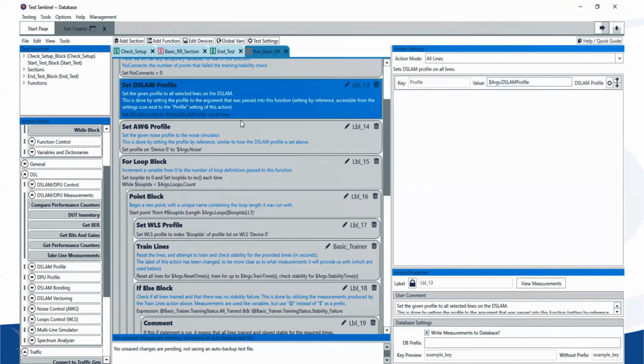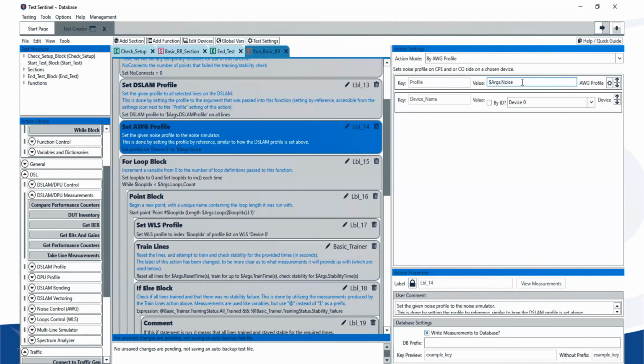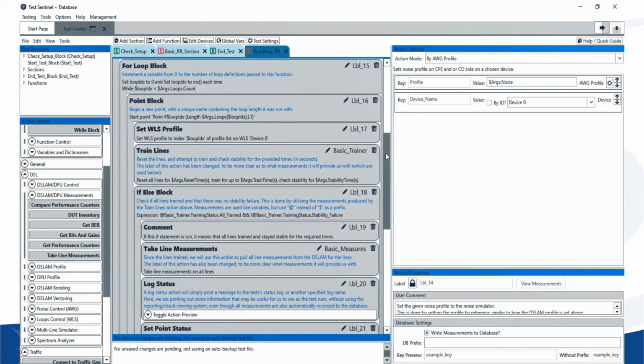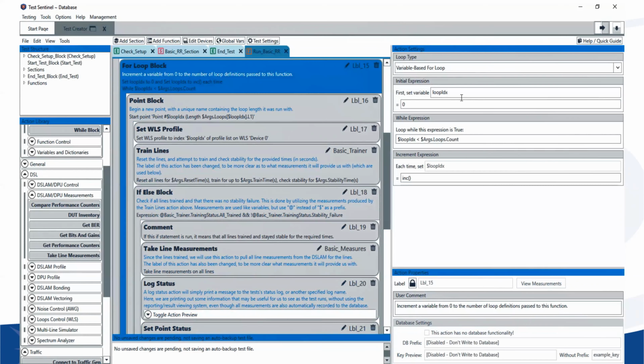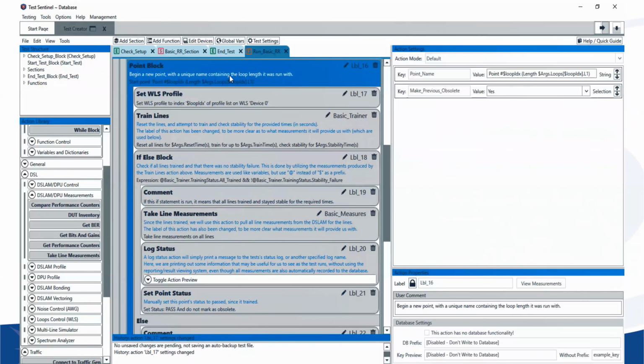It then does the same for the noise simulator and sets the noise simulator profile, and then enters a for loop block that loops through every single loop length I wish to test in this reach versus rate script. All of the other actions are placed within what is called a point block. A point block is purely used for organizational purposes